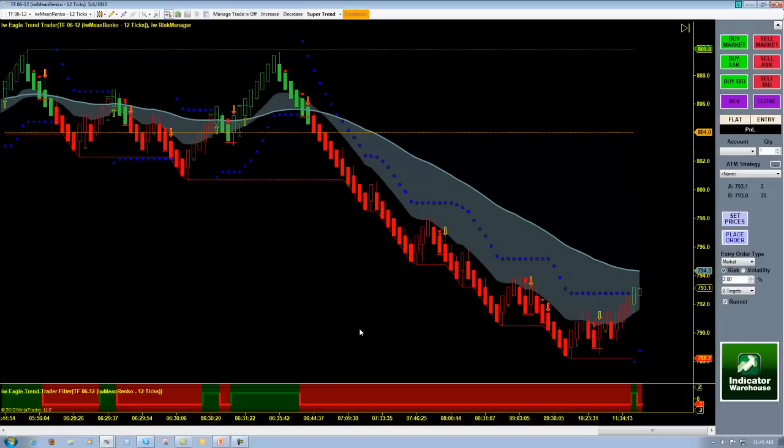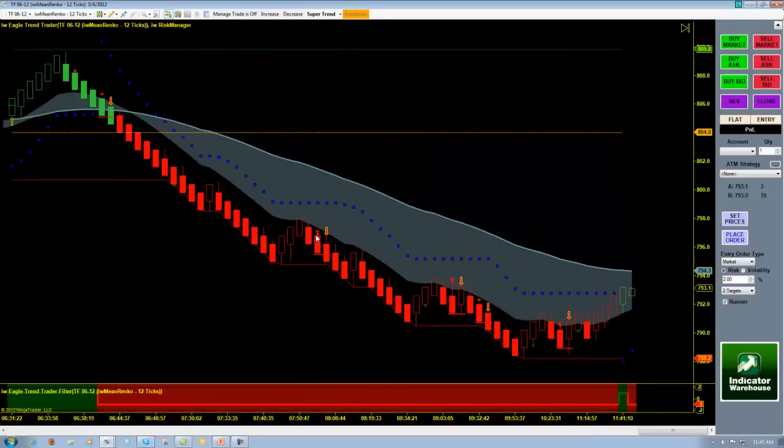I'll tell you, for a short trade, just real quick, the rules we need to remember are: we're looking for a red filter, a red warning dot, a red short entry triangle, and a red short entry hash mark. It's always nice but not required to have a little bit of room to get down to the low of the day. And we also need a tap of our lower band. Now, for a short trade, we would also want to be trading below the hard edge, which is this solid slate blue line.